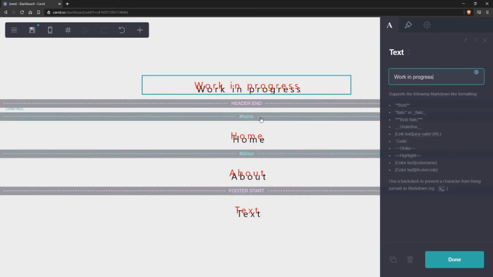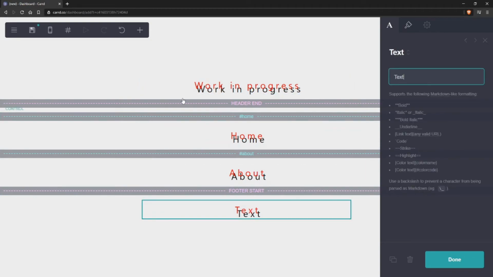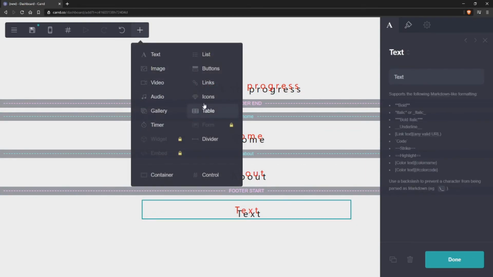So now we have two pages on this site. We have a home page and we have an about page. But how do you navigate between them? Well, you can put hashtag home at the end of the URL, but that's kind of clunky. So you can link to it